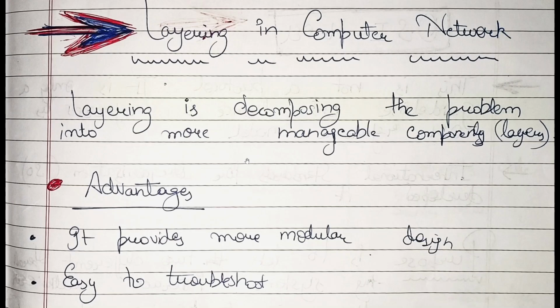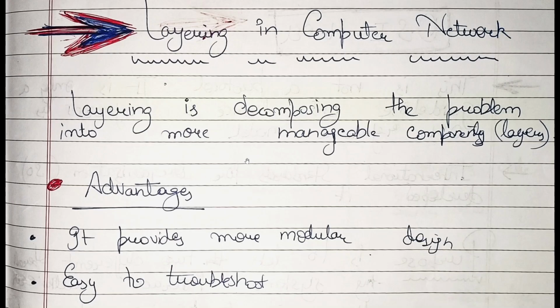Now when you try to find out the section where the problem exists, you have to go through each and everything. In order to make troubleshooting easier, that is, whenever we are facing an error, in order to make solving that error easier, we have decomposed the problems into 7 different layers,